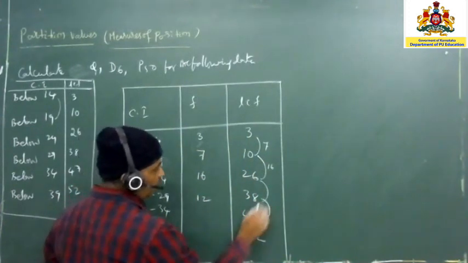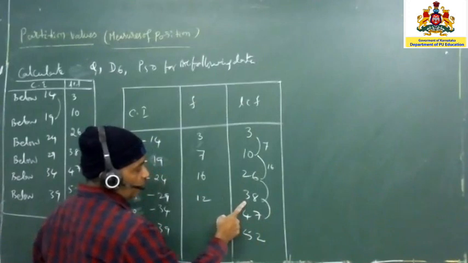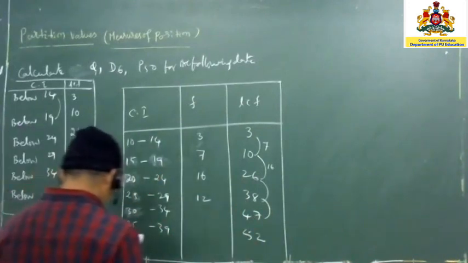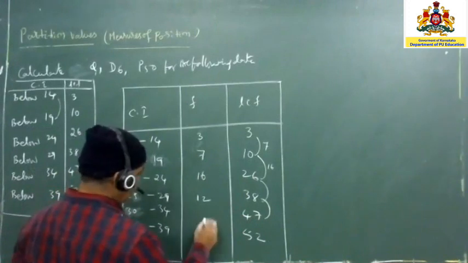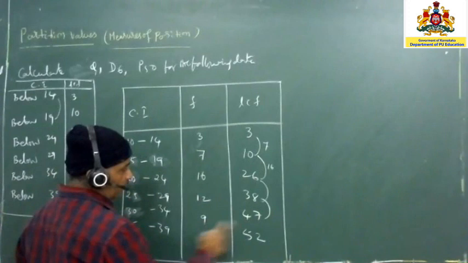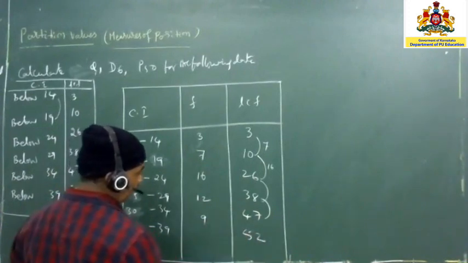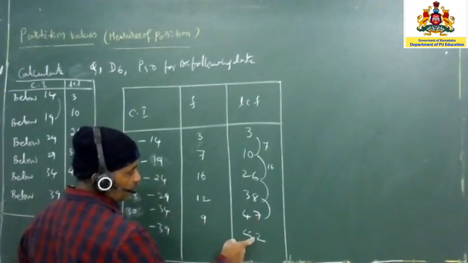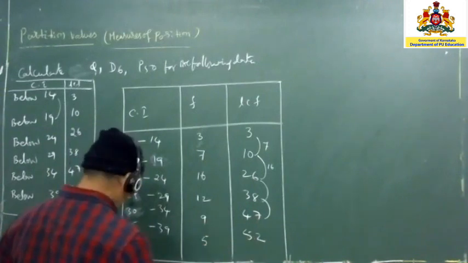And now 47 minus 38. So 37 minus 48, you are going to get 16, 12 and 9. So 9, in the sense 8 plus 8 is 16, 17. Okay, 1 plus 3 is 7, right. So now 52 minus 47. So 50 plus minus 3, that is 3 plus 1 is 5, you are going to get it, right?